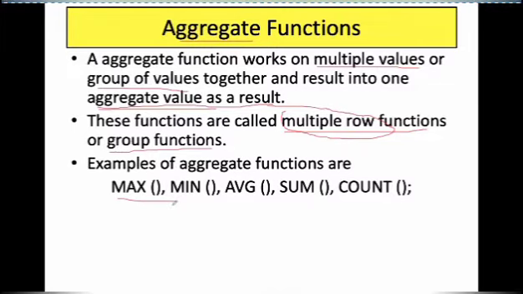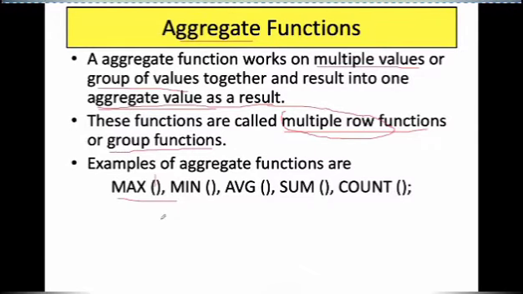As the name suggests, max. Whatever column you pass as a parameter to this max function, it will execute on all the values in that column. If you have 10 values in that column, it will execute on those 10 values, a group of values, and give you one maximum value out of those 10 values.